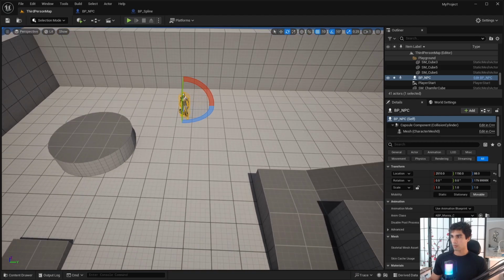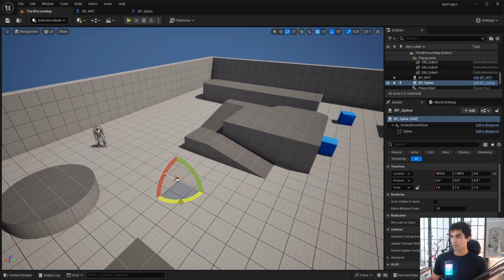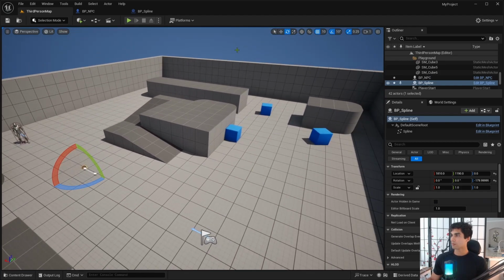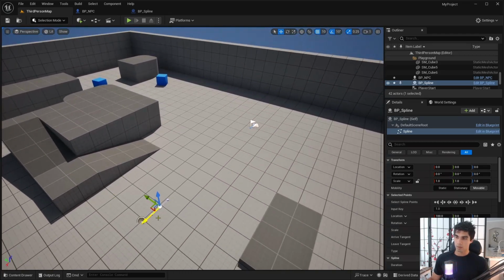Rotate it. And then I'm going to drag the spline out here. I'm going to rotate that too. I'm going to have it go this way. And then I'm going to click this. Now, to create a new little point here, you click on the very end of it, and then you just hold Alt, and then you drag wherever you want the next point to go for the spline. So if I make it go right here,